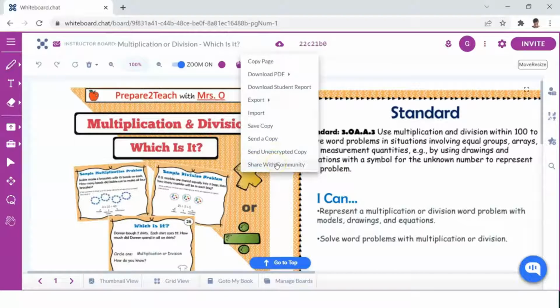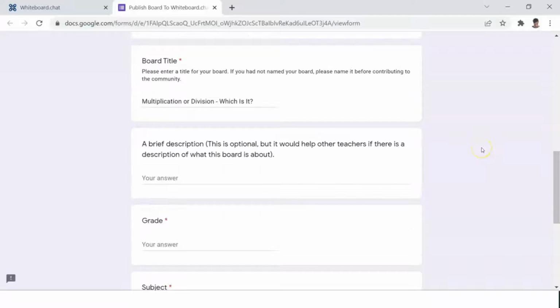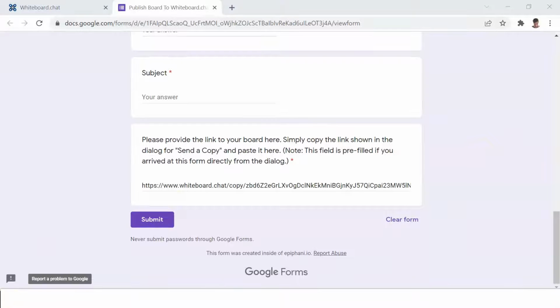And you'll notice that a Google form will open up with information regarding the publishing process. And just as a side note, it takes up to a week for a board to be added to the community. And once you've filled in a few details such as name, title of your board, along with a brief description, submit it, and within a week, if approved, your board should appear in the community board section along with